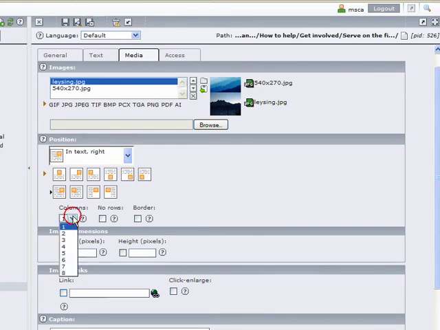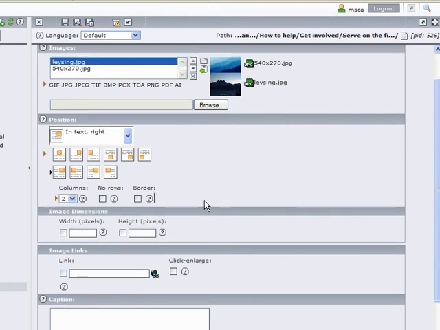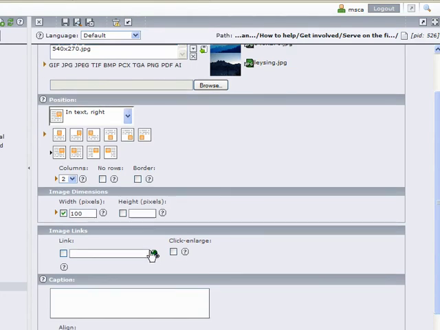Then I can select if my images are shown in 2 columns or 1 column. You can play around with that and see how it looks like. I choose 2 columns, so those 2 images are next to each other. I choose a width of one image, that is 100. The height is being calculated proportionally. Then I want to be able to click on the image and see the bigger image, so I choose click